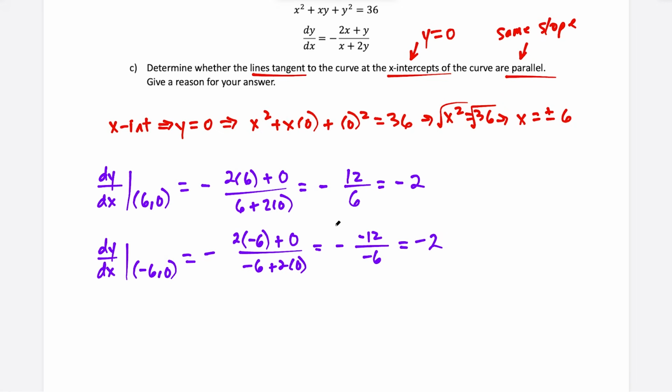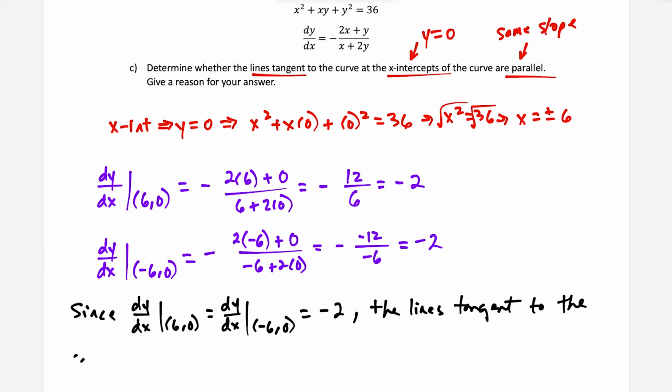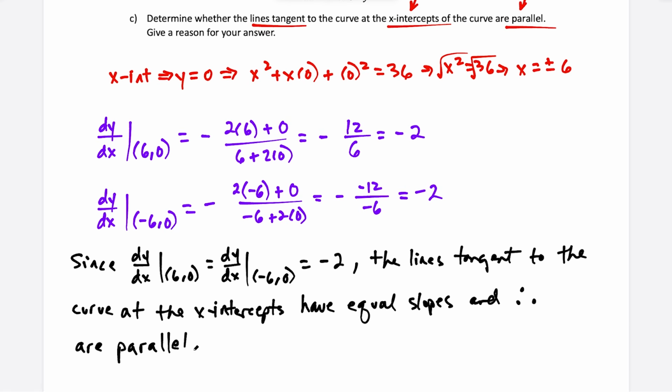So now we just have to write a sentence connecting all of this. And notice that when we plug in the x-intercepts to the derivative, we get negative 2 for both of them. So what this tells us is that the slope of the lines tangent to the curve at the x-intercepts are equal, which means that the lines are parallel. And now one last thing to mention before we move on, just note the 3 dots in this triangular formation